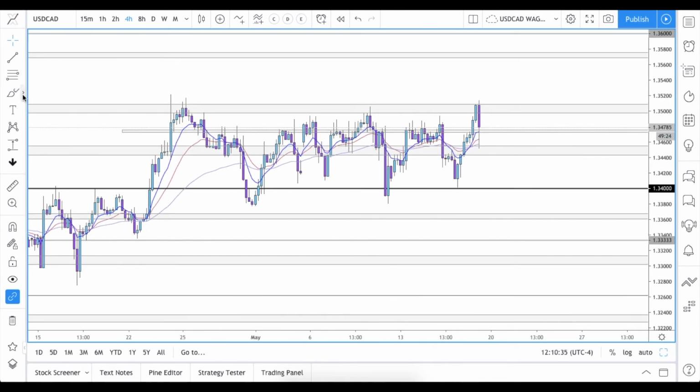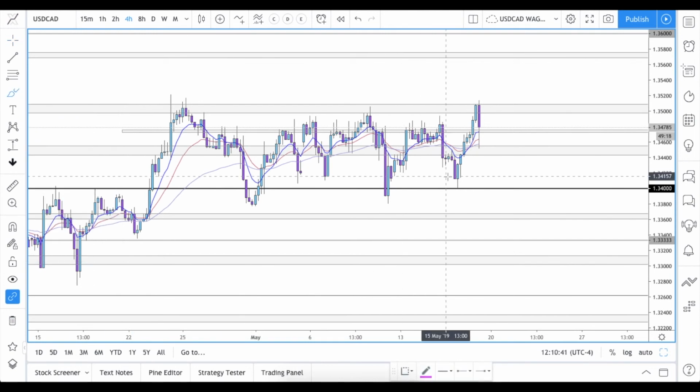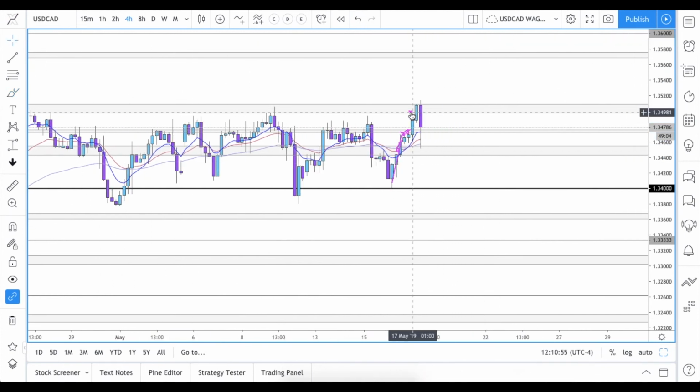Okay, now you can see that we are possibly retesting as a support what we broke through. So we were going higher, we broke through two areas of resistance, and now we are retesting both of them in a single candle. Okay, so you can see that whatever you learned is what is being applied, and it's enough for you to profit within the market. Of course,